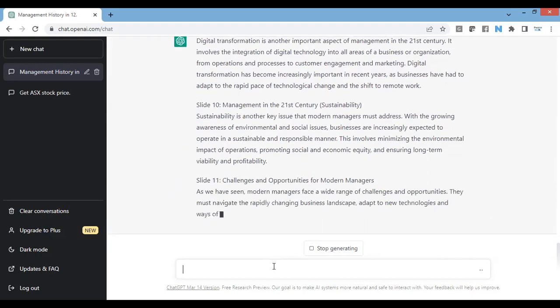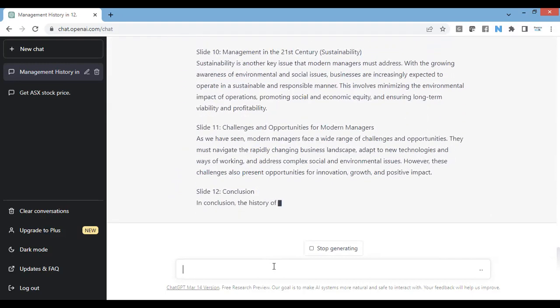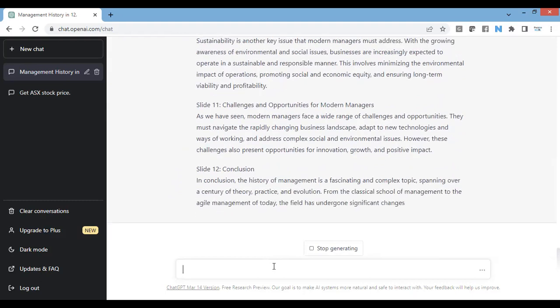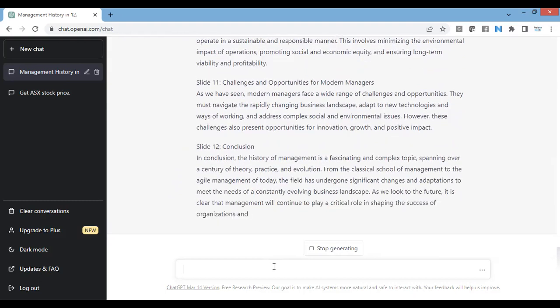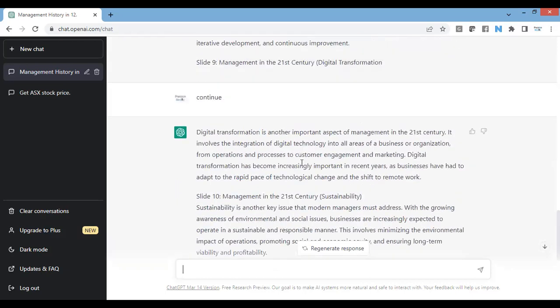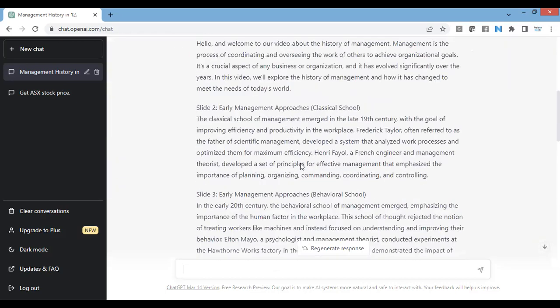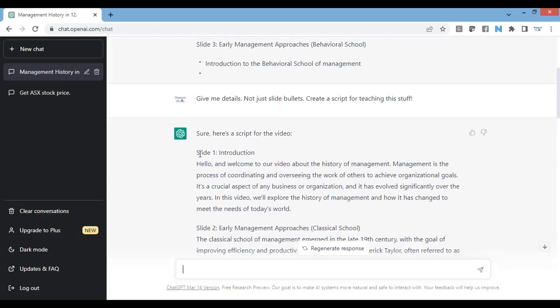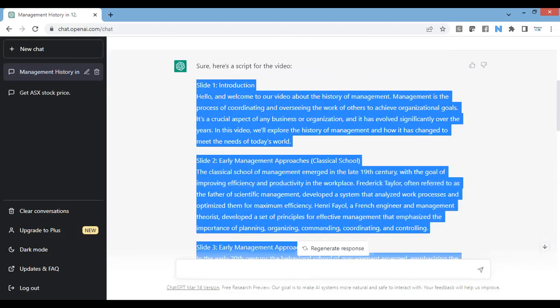So working with GPT needs quite a bit of experience. Otherwise, you won't get what you want and you will end up being frustrated. Now it's concluding the theme exactly as I want it. It looks good. I'm pleased at the output. Now I'm going to copy this script